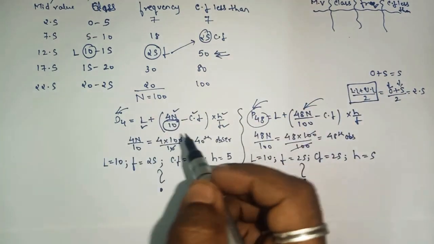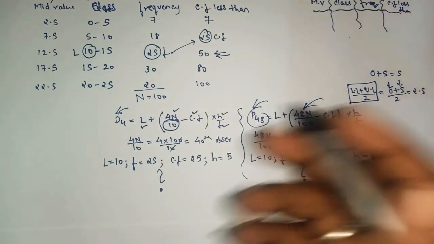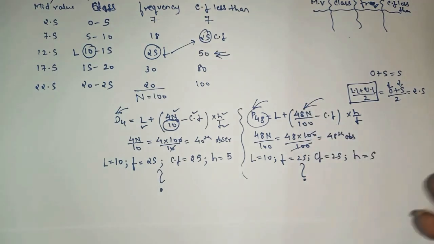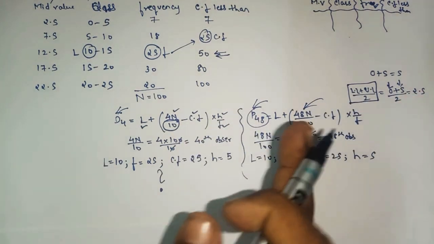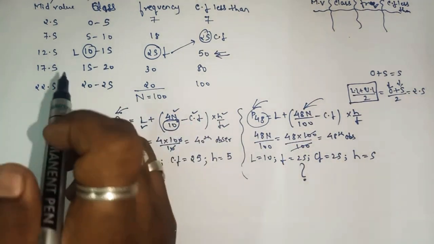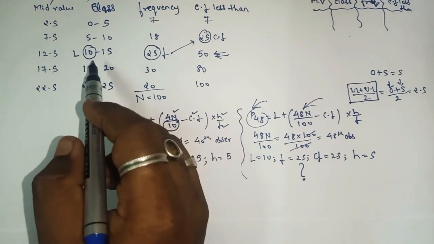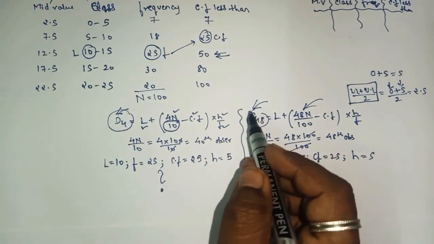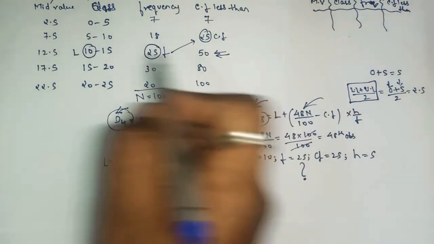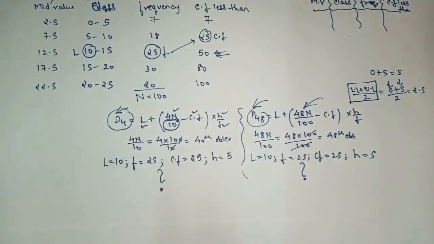Okay, like if you are getting 12 here, it will be 12 point something, or 13, so it will be about 14 point something. But see to it that both answers lie between 10 to 15, because the D4 class also lies between 10 to 15, and your P48 we saw just now also lies in that same class 10 to 15. So the final answer should lie between 10 to 15 only.